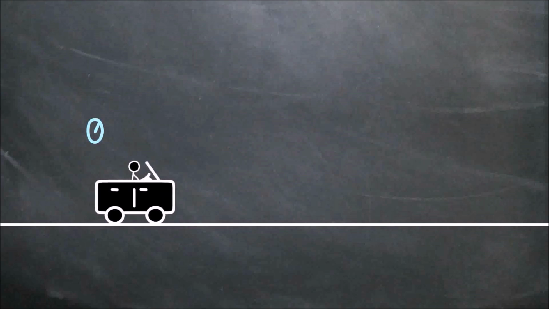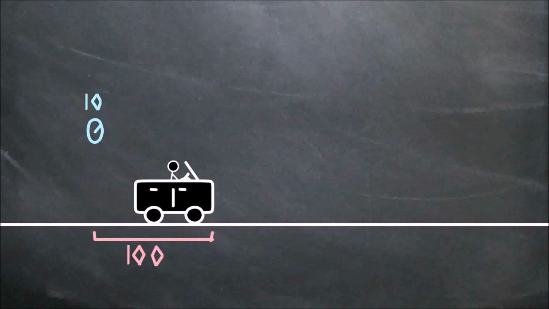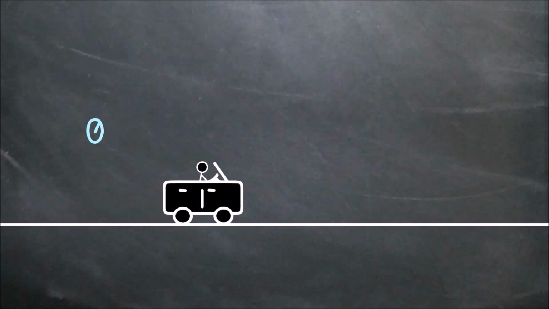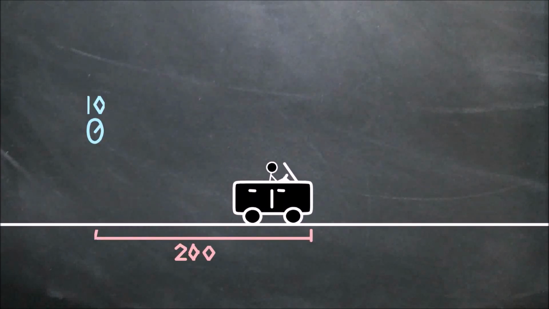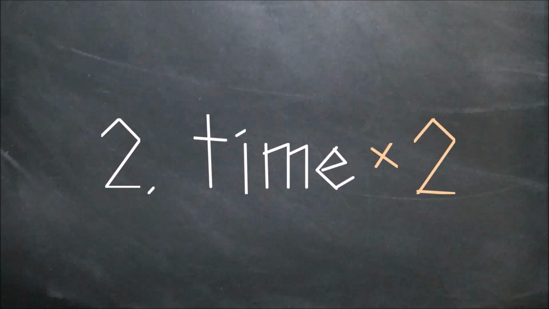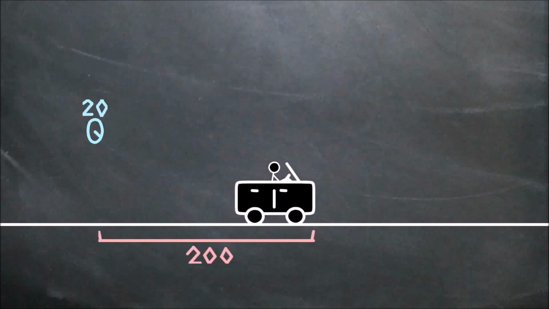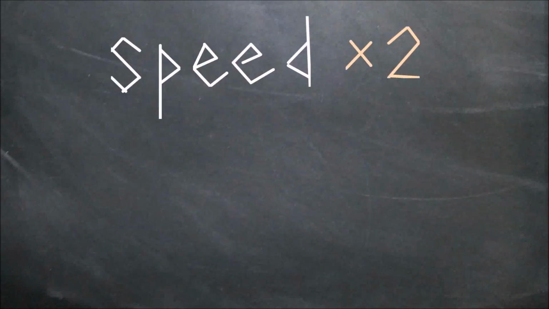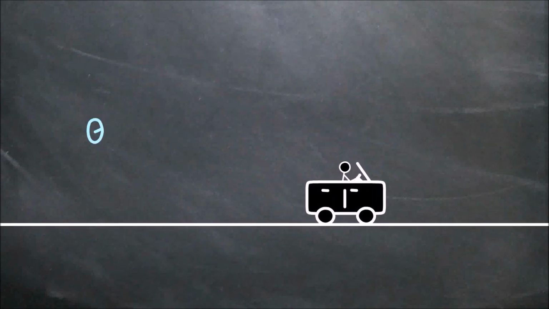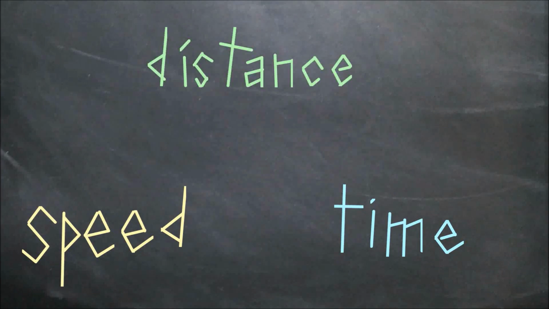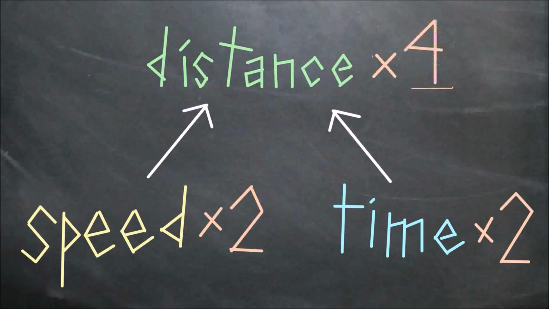Say you timed your driving speed, and you find out that you covered 100 meters in 10 seconds. Now, how could you double the distance you covered? You can generally do this in 2 ways. The first is to double your speed. Going twice as fast in the same amount of time would cause you to cover 200 meters. The second way is to simply drive for twice as long, 20 seconds. At your original speed, driving for twice as long would also have you cover 200 meters. But what if you doubled your speed and time, driving twice as fast for twice as long? You now cover 400 meters. Speed and time reinforce each other, each doubling distance, quadrupling it.